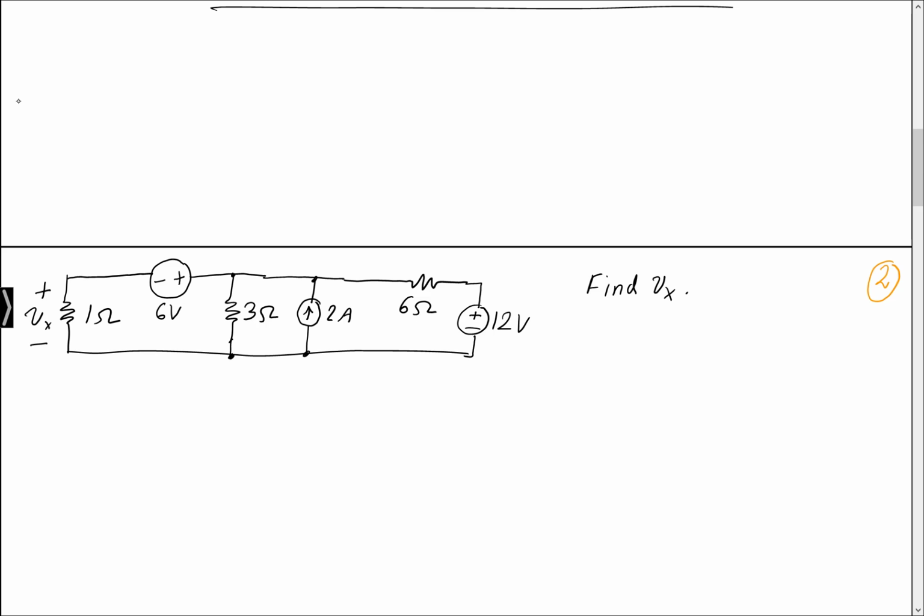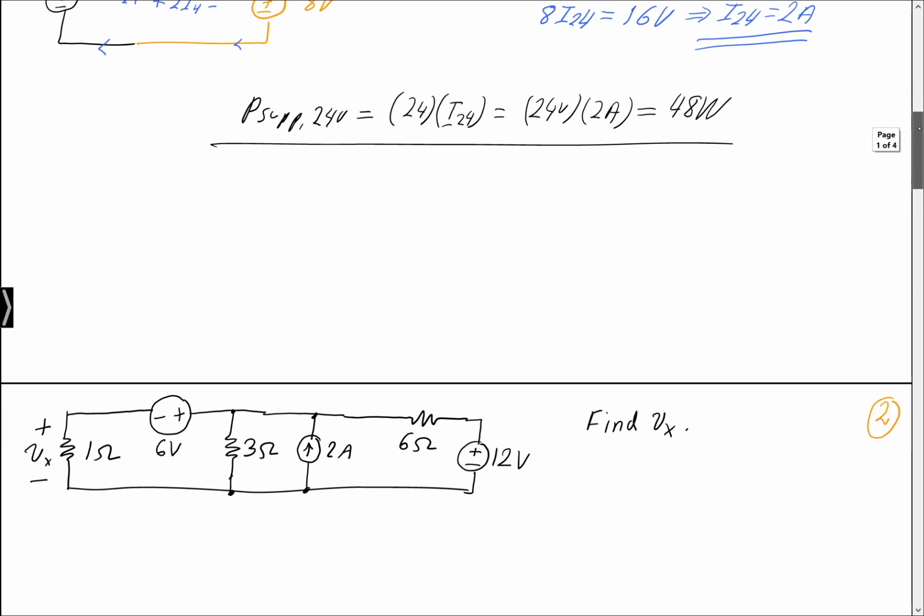What do we do? Well, this method basically involves working things outside of the branch you're interested in. So if I'm interested in Vx, I should work on things to the right of Vx in this case. So I should try to simplify everything to the right. And one obvious thing that stands out is, again, just like before, I should be able to work